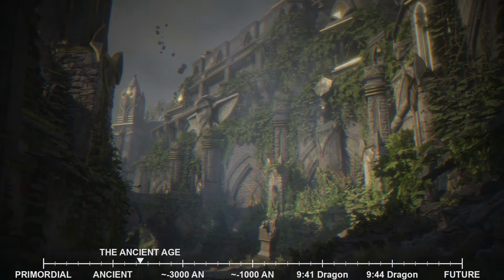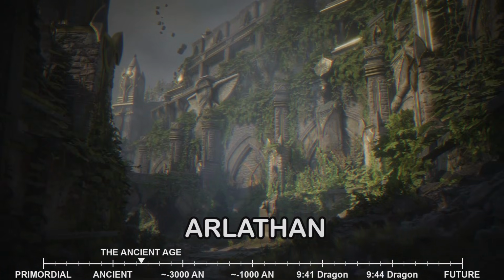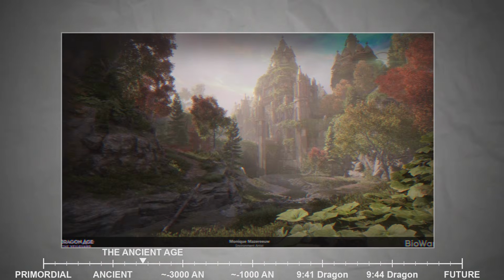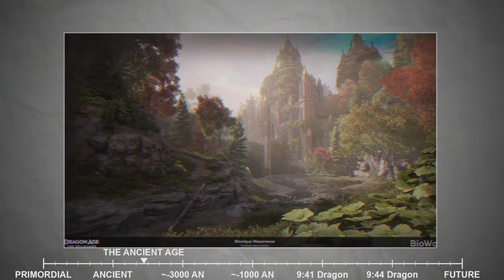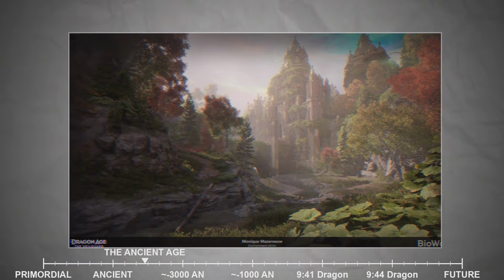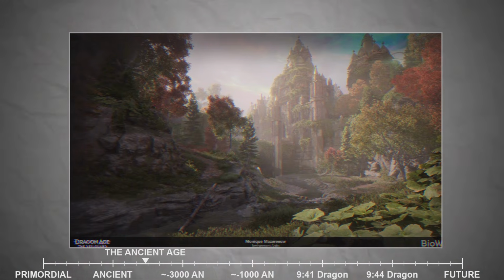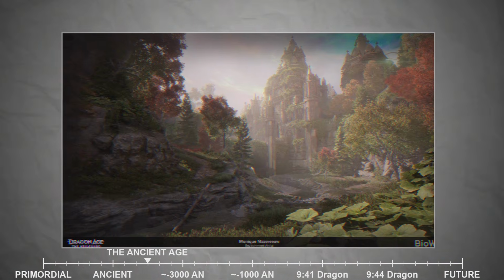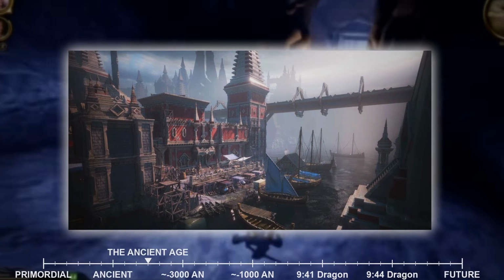The elven empire of Arlathan, which has stood for thousands of years, begins to fall into ruin. The entire infrastructure of Elvenon is built on magic. The cities float on currents of Fade energy. The temples are sustained by bound spirits. The great works of elven art and architecture rely on a constant connection to the Fade to maintain their form. With the veil in place, all of this begins to collapse.